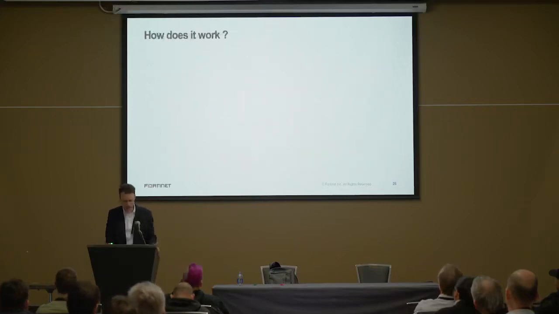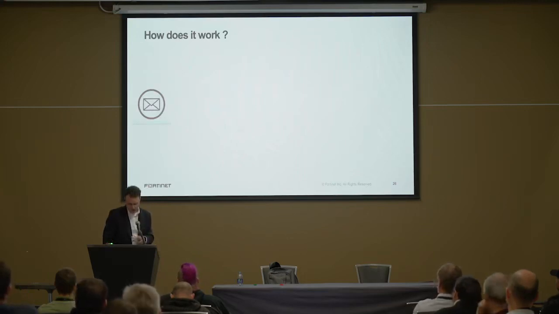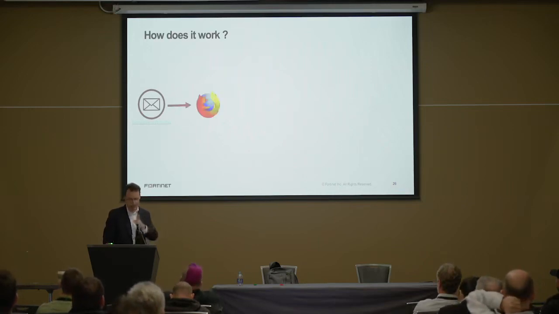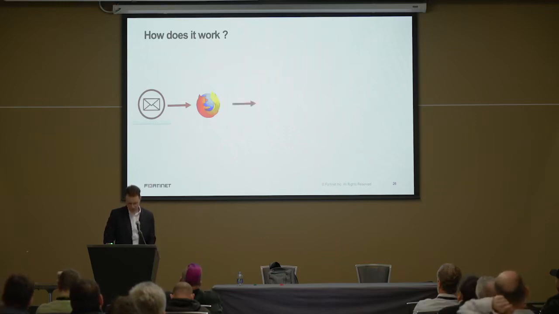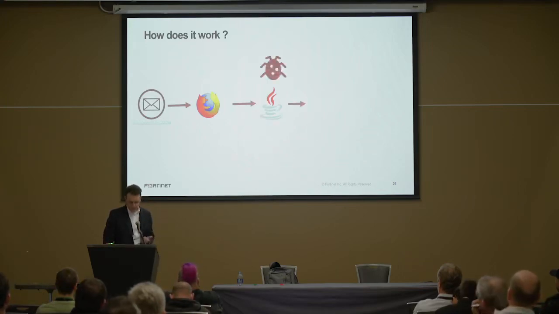So how does it actually work? Considering that we're exploiting a vulnerability on a browser, let's say we receive an email with a link to your bank. In this case, it's Citibank, but it should be Citibank, but you're not actually paying attention because it's urgent, right? And then you fire up your Firefox. It's going to go to that socially engineered site. The site would have an exploit kit on it, or just a single vulnerability. It will profile your Firefox, you're running Windows, and you have a vulnerable version of Java. Then it would exploit that vulnerability, would call